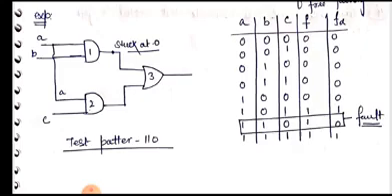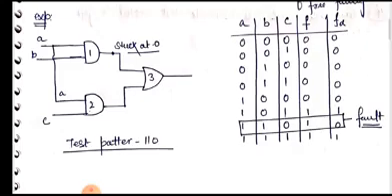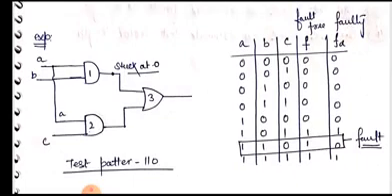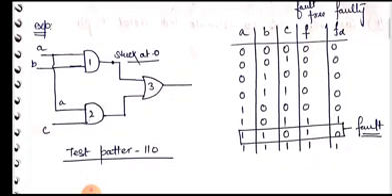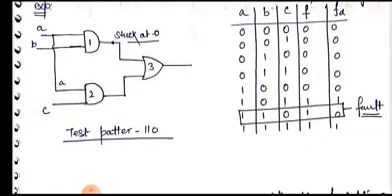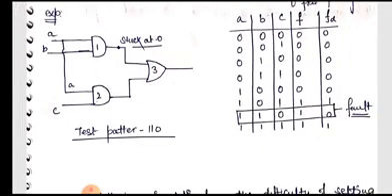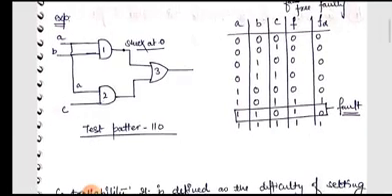So basically at the 7th position we get a faulty output, in which the fault free output is different from the faulty output, because of the stuck at 0. The fault free output is 1 and the faulty output is 0. So 1 is different from 0, and we can treat this line as faulty at this particular combination, because we get a different output. So we can say that 110 is a test pattern generated with the help of the input combination. This is basically the test for the stuck at 0.